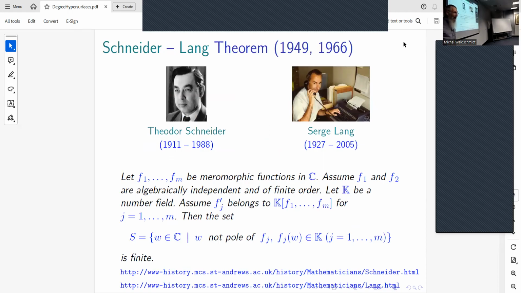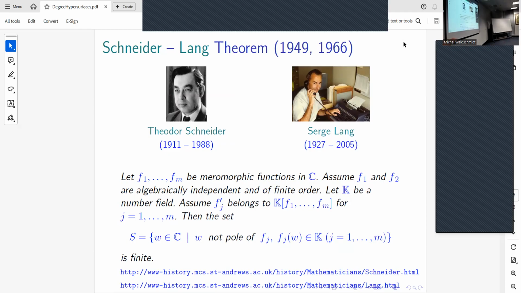Okay, so why was I interested in this problem with Nagata? I knew that it was connected with Nagata from curiosity, but I was interested in transcendental number theory. One of the main results of transcendental number theory is a result due to Schneider and Lang. Schneider gave a result in 1949, which was extremely complicated, but it was very general, and Lang succeeded in making it very simple. And the theorem of Schneider and Lang is just the theorem which is here.